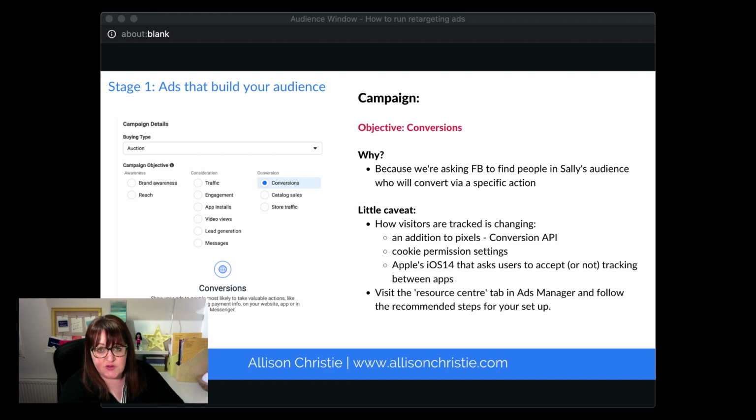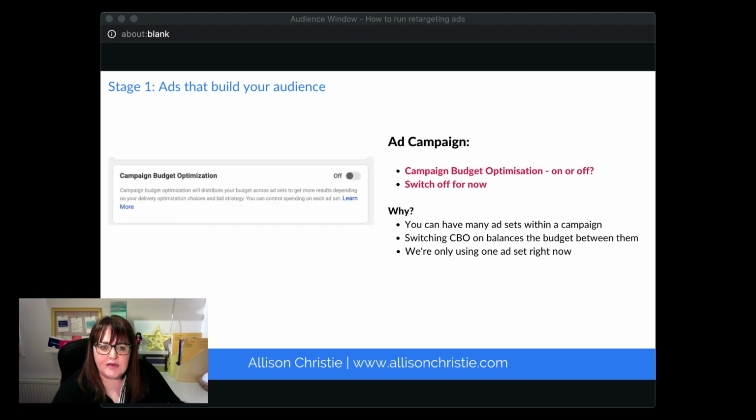You'll probably need to go to the resource center in your ads manager and follow some steps in there to set up some new actions so that people can be tracked in the future as Apple's iOS 14 comes out, which affects how people can opt in or opt out of you being able to track them through the Pixel in future.